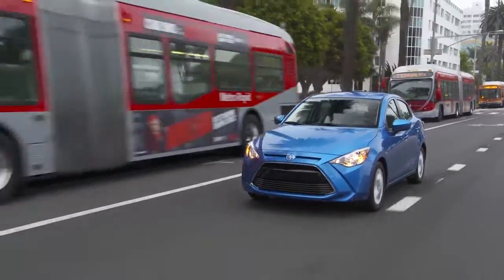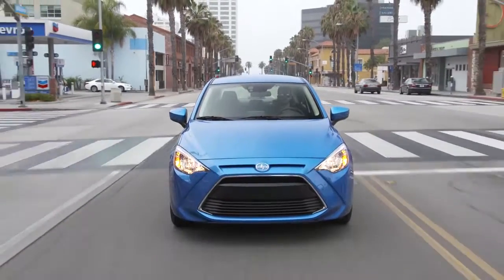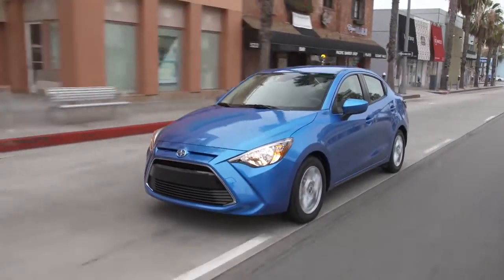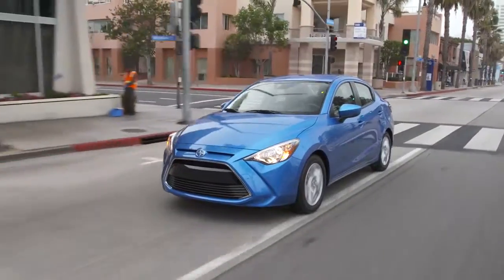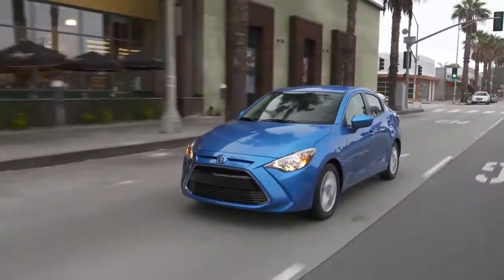And then there's the weirdest thing about this car, the fact that the Scion brand is completely disappearing next year. Scion launched in 2003 as a way for Toyota to sell more cars to young people. They made several noteworthy vehicles through the years, my favorites being the funky, practical, and extremely boxy Scion xB, and the super fun FR-S sports car, but they never really caught on with young people in the way that Toyota